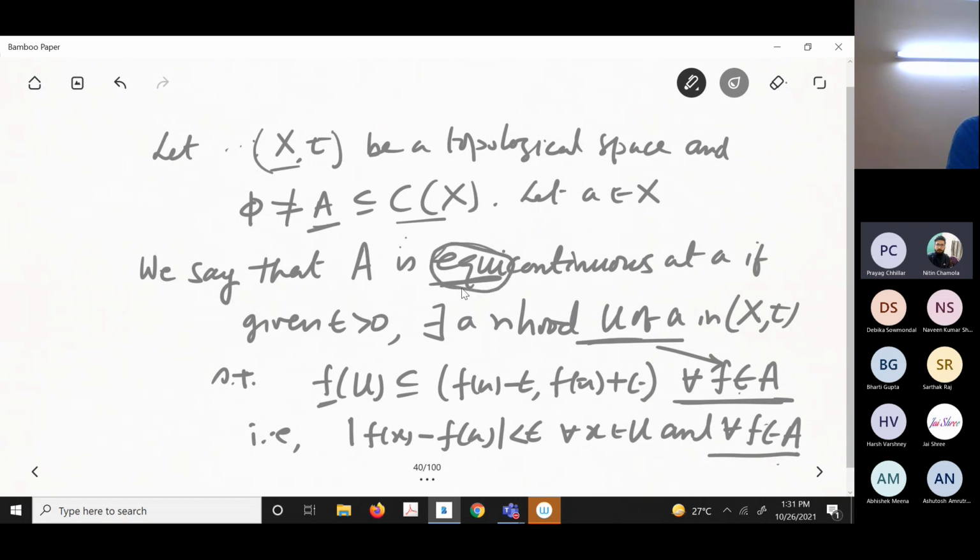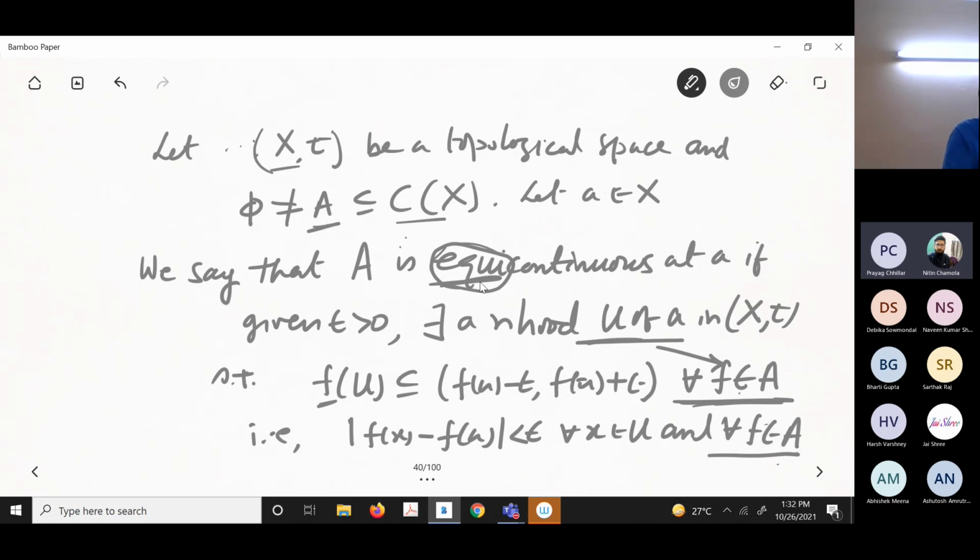Okay, you can look at the meaning of the word. It is originally, I think, a Latin word. But French, Italian languages, they use it commonly. Equi is in some sense uniformly. That means the same U is working uniformly. U is basically working uniformly for all F in A. Uniformly U is working for all. Already uniformly is there, so it came in that equi. So this is the definition of equicontinuous.